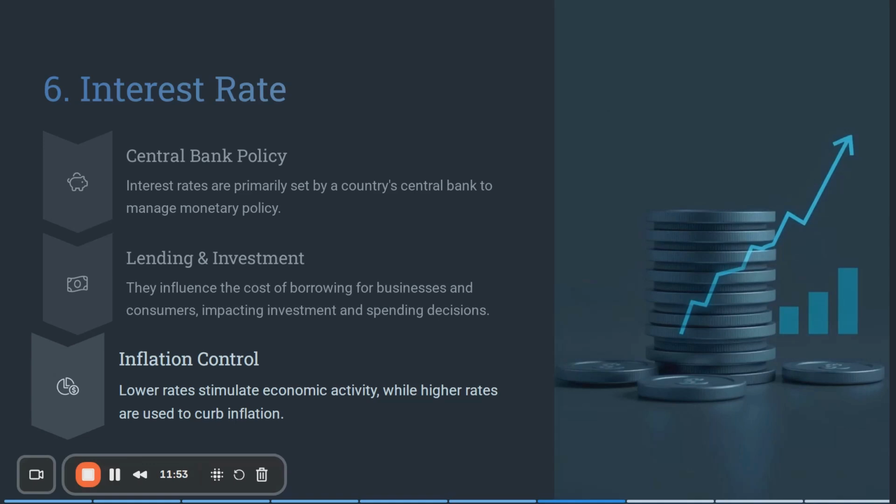To stimulate economic activity, government debt represents the total amount of money that the government owes to its creditors, which can include individuals, corporates, and even other countries. It is often measured as a percentage of the country's GDP to provide context on stability.